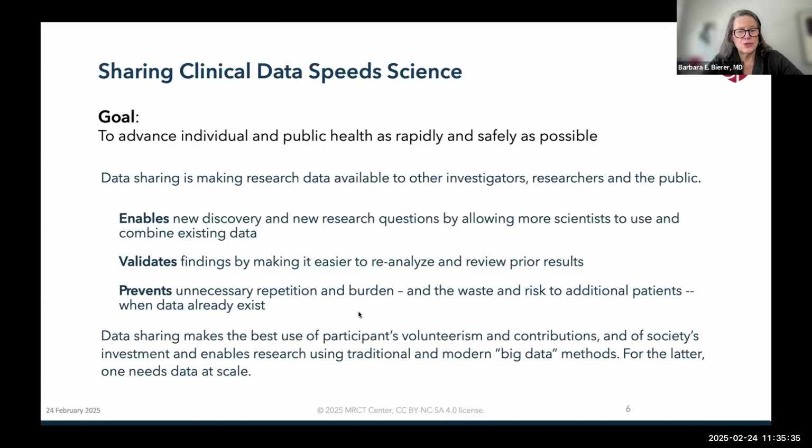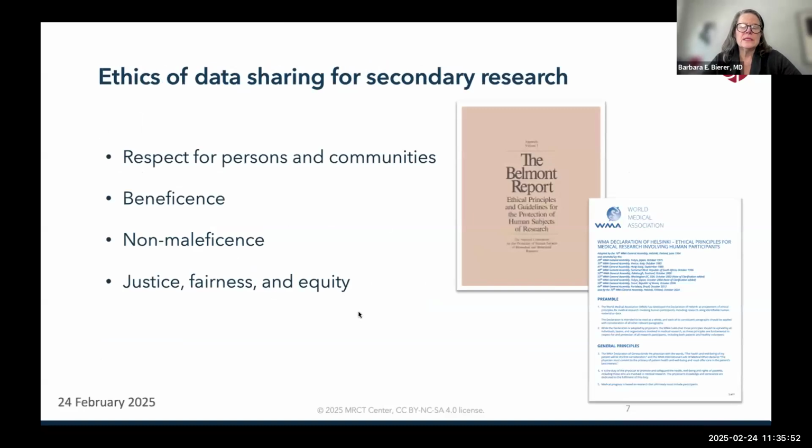It enables research using traditional and modern big data methods. For the latter, one needs data at scale. So for the big data, which is not really what we're talking about today, you really need more data, bigger data, and representative data. So the ethics of data sharing for secondary research, I'm not going to go into this as Allison will,